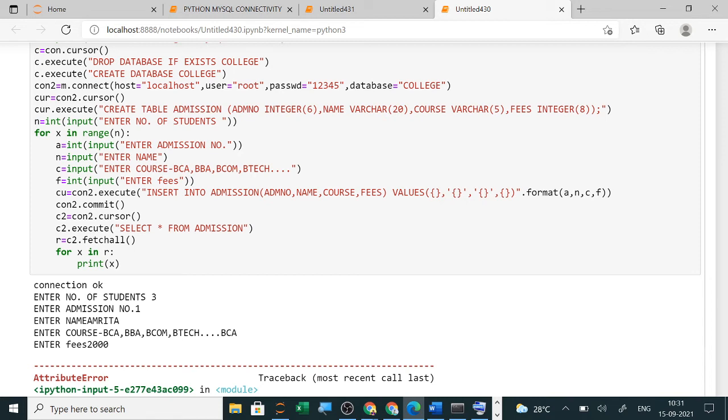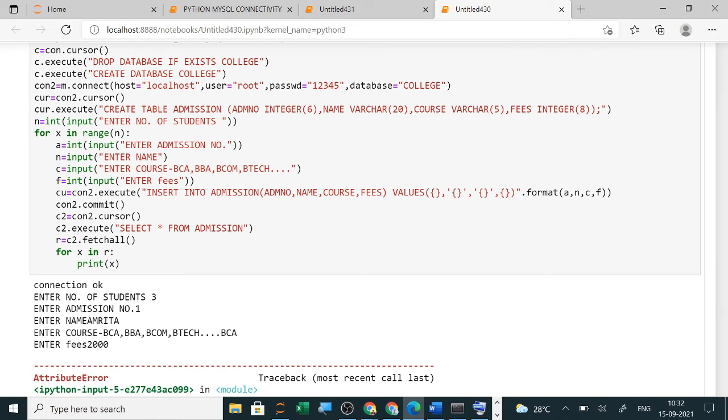So insert into admission, admission number, name, course, fees, values, then dot format, and this. So here it is showing okay, con is outside. So I will try to give con and cursor.